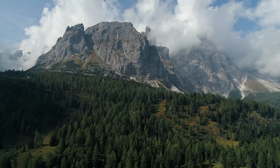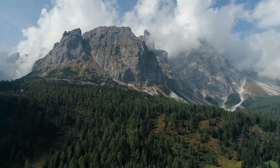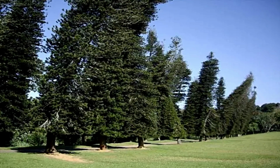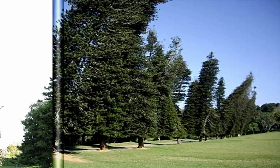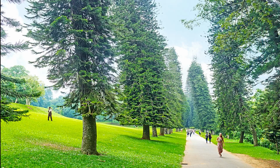For years, scientists have been trying to figure out why these trees seem to have a preference for the equatorial regions. Some have suggested that it's due to the way they grow or the direction of the wind, but until recently, nobody had been able to provide a definitive answer. In this video, we'll explore the latest research that has finally solved the mystery of why pine trees lean towards